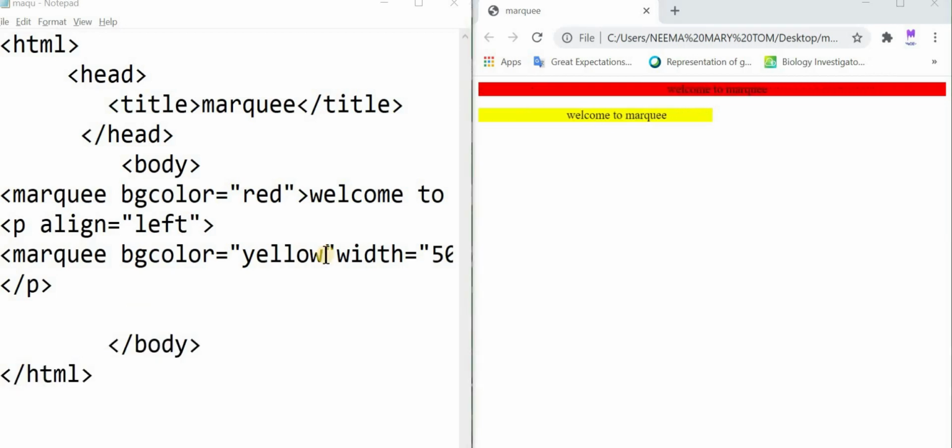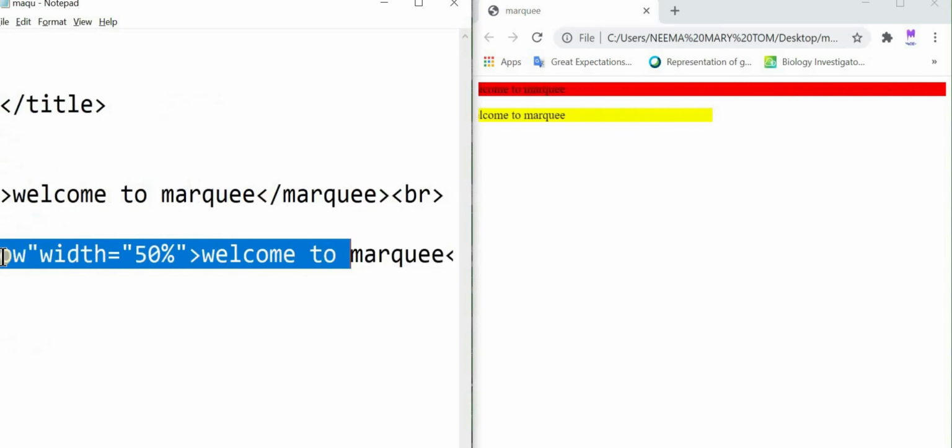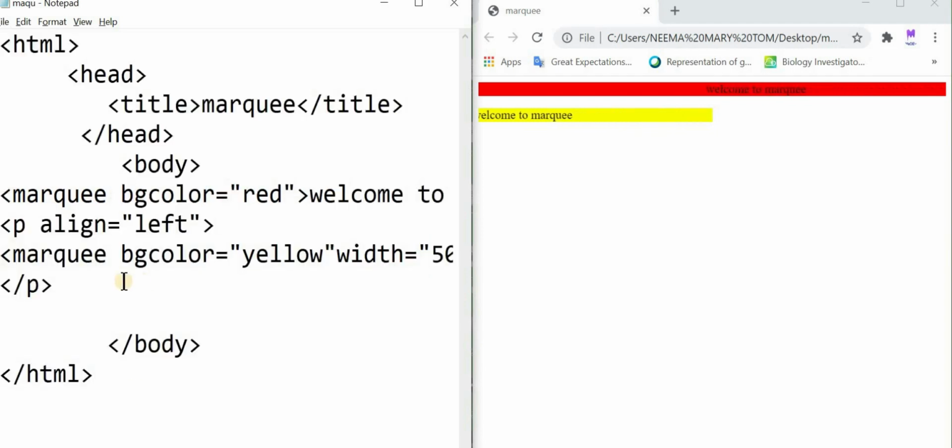Now let's learn another attribute of marquee, that is the height attribute. For that I am copying this one, the full text, the full marquee. Now I am pasting that here.